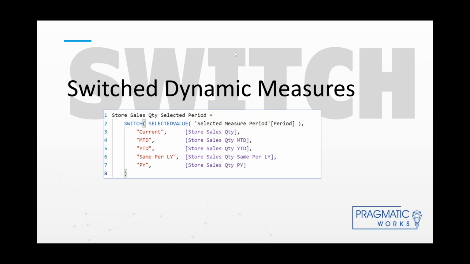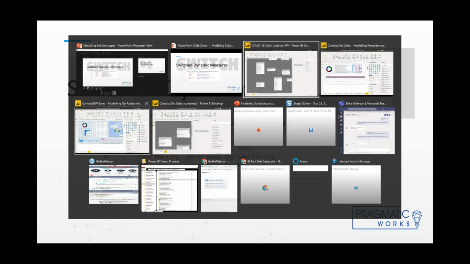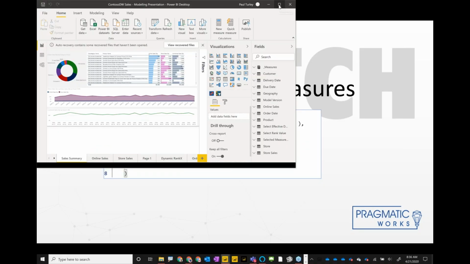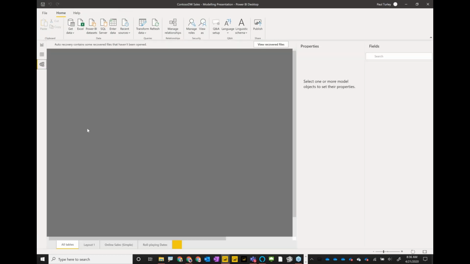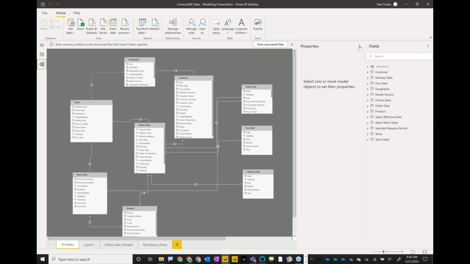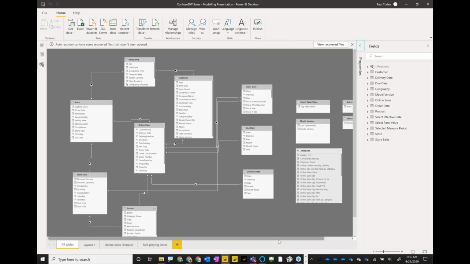All right, let's just jump into some demonstrations. So, where do we use disconnected tables? Now, I'm going to jump over to this Power BI file. All right, my objective is to create a dynamic measure that allows me to choose a time series period, and then to be able to visualize